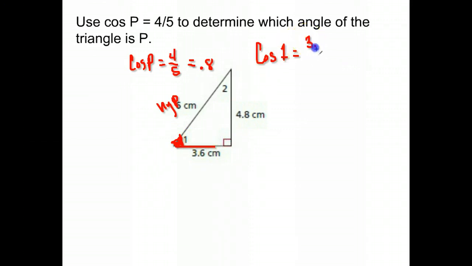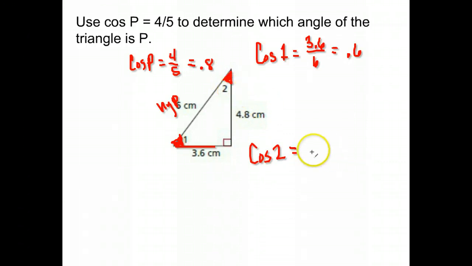So again, we're doing cosine, so we do adjacent over hypotenuse. The hypotenuse had a length of 6. So we have 3.6 divided by 6, which gives me 0.6 for the cosine of angle 1. So it's not angle 1. I want to find angle 2 also to make sure. It should be angle 2 if it's not angle 1, but we'll do it just to make sure we didn't